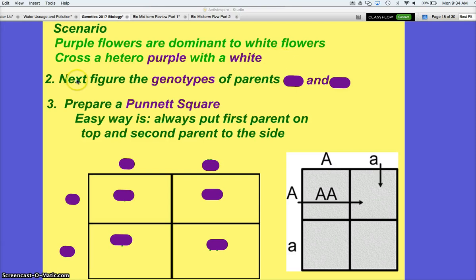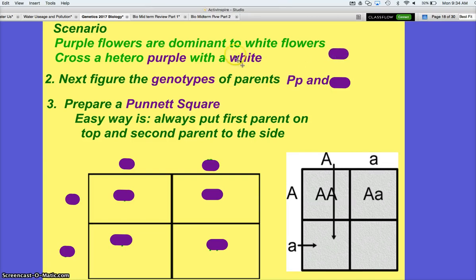So the first thing you have to say is, what is the genotype of the parents? What's hetero purple? Uppercase P, little p. And what's the genotype for white? Lowercase p, lowercase p. So the first parent is going to go up here. So I'm going to put a capital P here and a little p here. The second parent is going to go on the side. Little p,